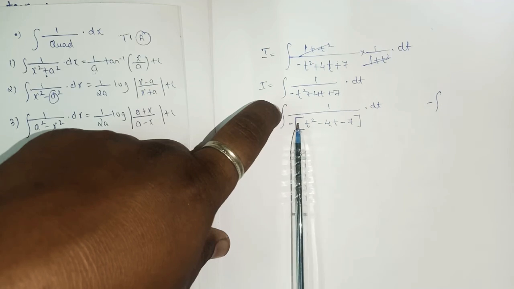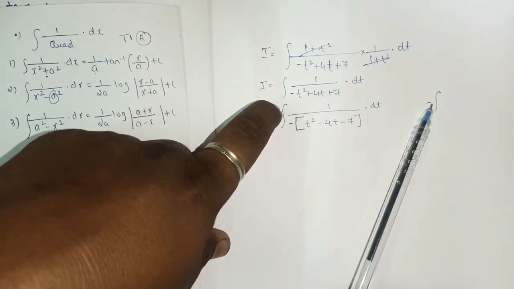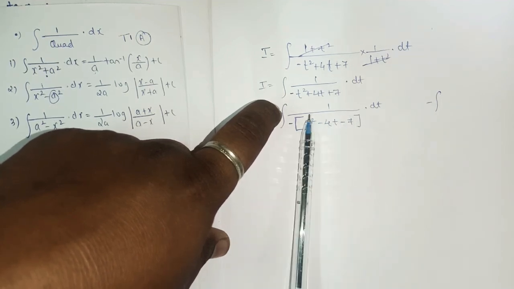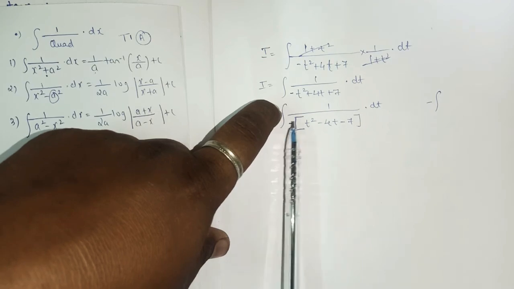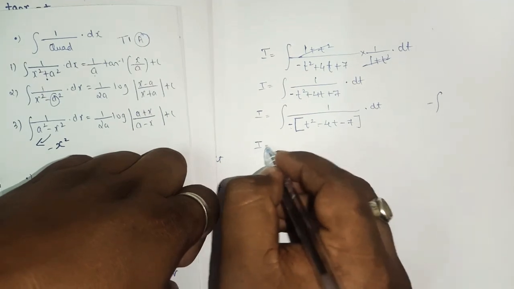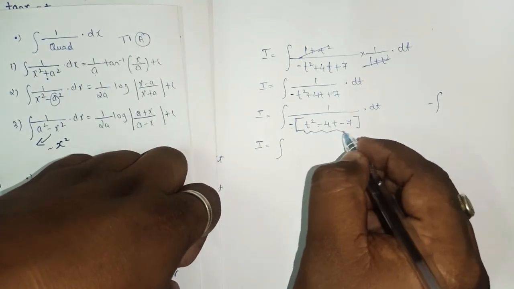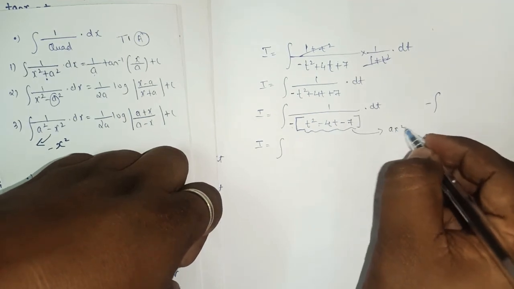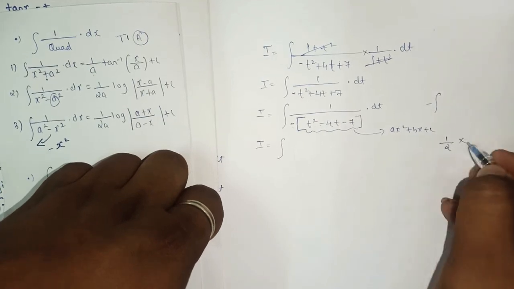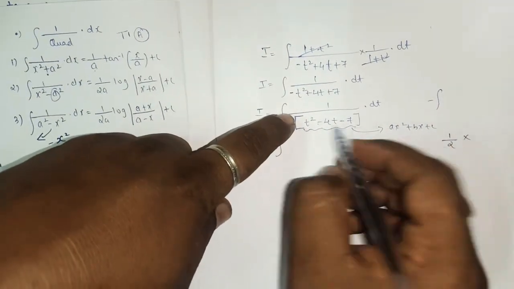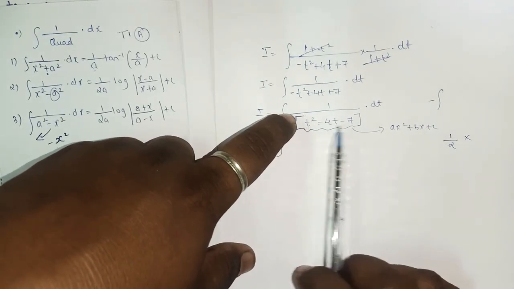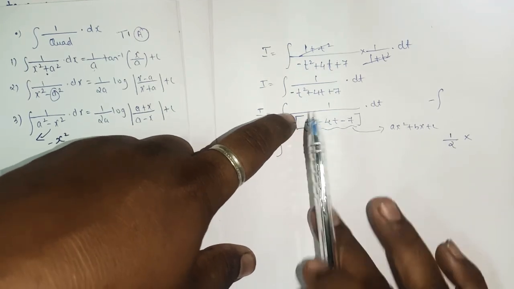So simply what you will do to make this part positive, you can remove the minus outside the integral, and otherwise just write this bracket and just remove minus outside the bracket, that's it. Okay, when you will open the bracket you will get this step. After this I equals to, as clearly we can see that it is a proper quadratic form, ax square plus bx plus c. Now we can use the third term. So when you will apply the third term, half into coefficient is here, forget about this minus, just focus on this part. So for us now the quadratic is t square minus 40 minus 7, forget about this minus, think that the minus is not there.